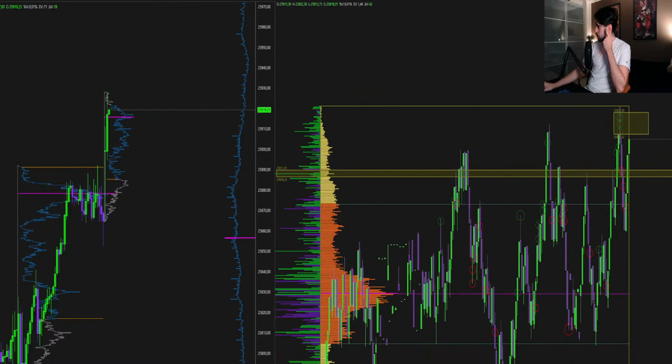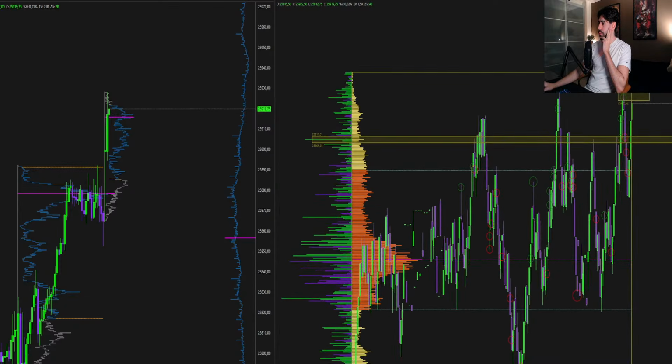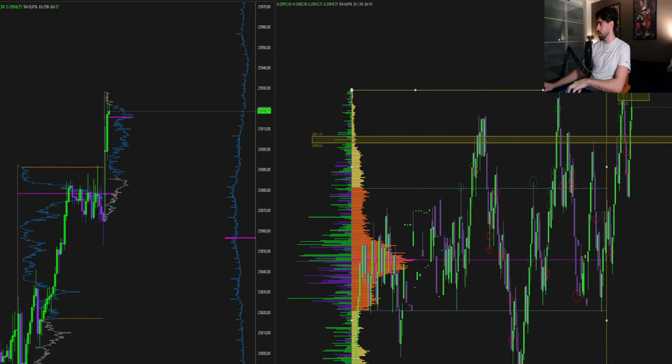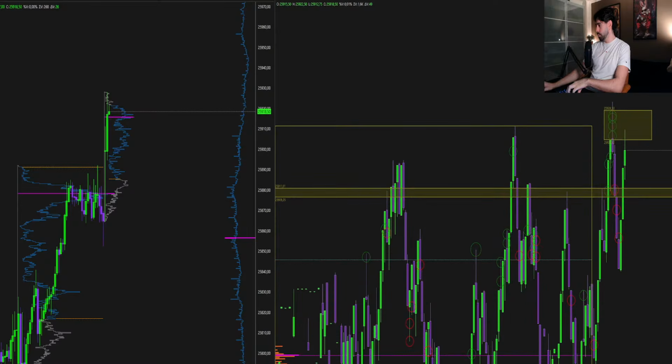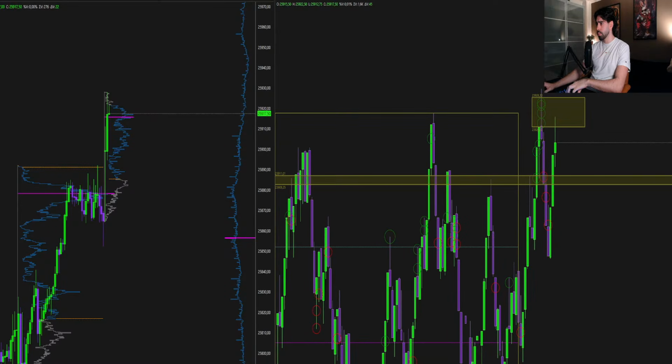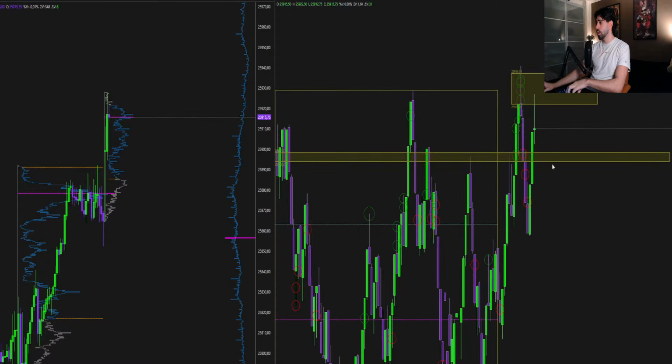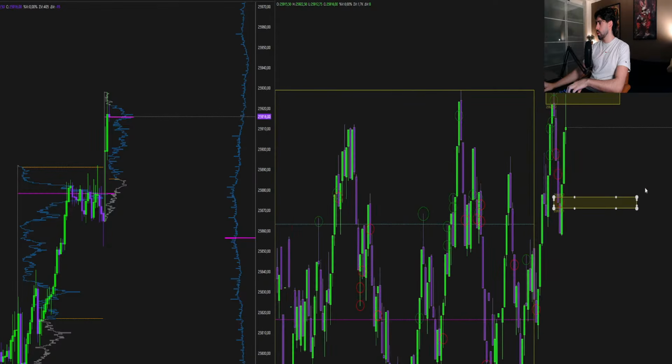Something that I would advise you guys, if you're also new to this stuff like I am, kinda: just try to analyze the battle between buyers and sellers. I've been doing that for like one week now. So, for example, here we have trapped buyers, and at the moment these sellers got destroyed as well. So this is the battle at the moment.